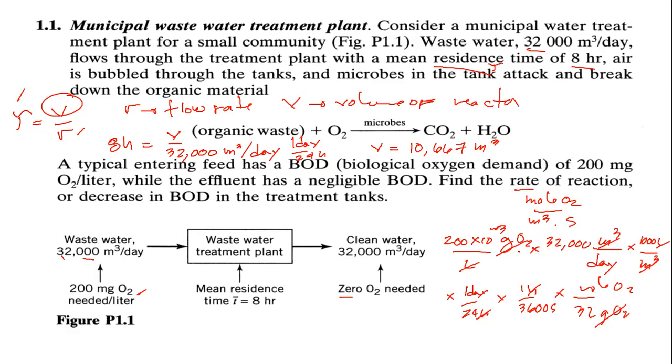2.31. You're getting 2.31. Dito pa lang. 2.31. No? This is mole O2 per second. So, pag dinivide siya ng 10,667, so divided by 10,667 cubic meter. So, ang final answer ay